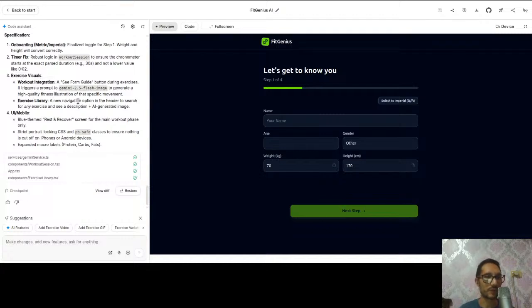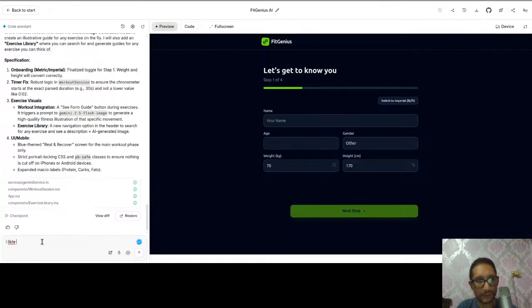A new navigation option in the header to search for any exercise and see the description plus AI generated image. See, it will generate the images. Blue theme rest to cover screen the main workout phrase on the streak. Okay, I like that, but it will be costly.